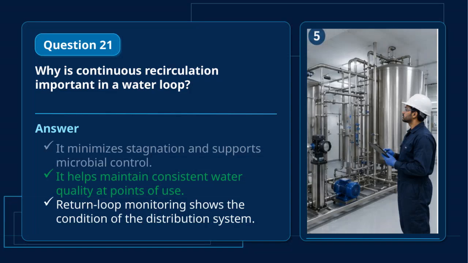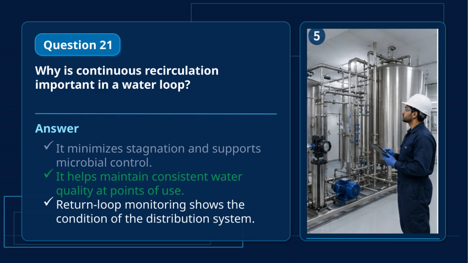Let's talk about why continuous recirculation is so important in a water loop. First, it helps minimize stagnation. When water sits still for too long, it can become a breeding ground for microbes, so keeping it moving supports microbial control and keeps the water safer. Additionally,